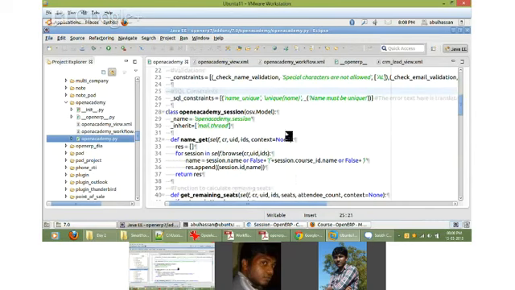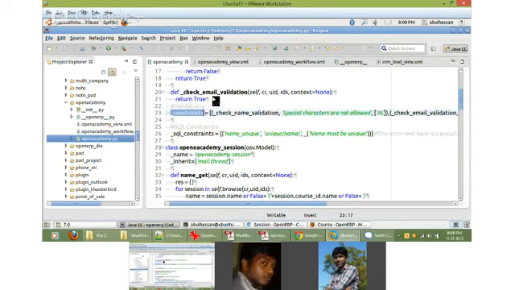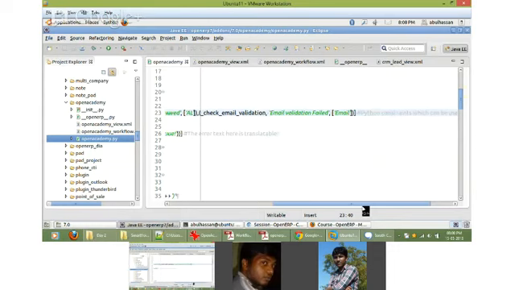You can get multiple validations, and you can make SQL-based data validations using SQL constraints, and you can make field level validations within the client context. That can be done with constraints. So that is about constraints.